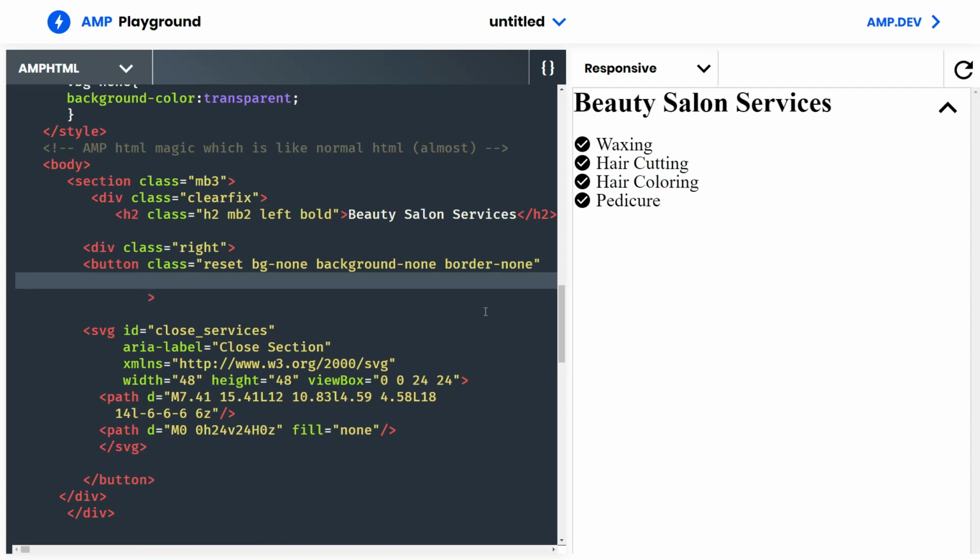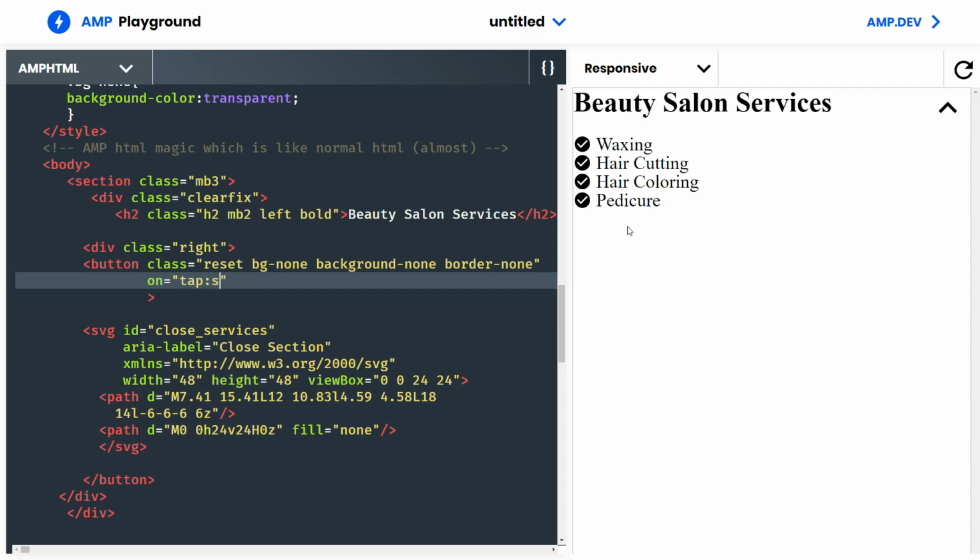Then we want to go to the button, and we want to add the on attribute. What the on attribute does is tell it what action to do once it's pressed or manipulated in some way. In our case, we want it to do an action once it's pressed. So we want to say on="tap:" and then select the element we want to manipulate, which is the services.